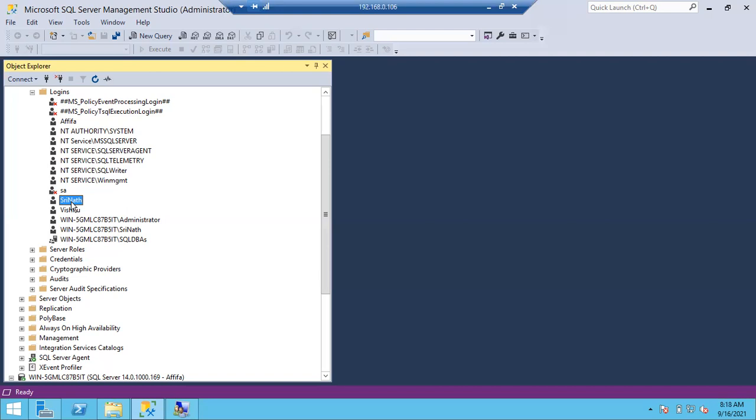Group login, yes, sir. Group means it is going to read from the Windows level group, right? So at that time, whoever is in the group can connect to SQL Server. If you remove anyone, he cannot connect to SQL Server. If you remove Srinath from the group, logically tell me, how can Srinath log into the Windows machine first? He cannot log into the Windows machine. If he cannot log into the Windows machine, how can he connect to SQL Server?